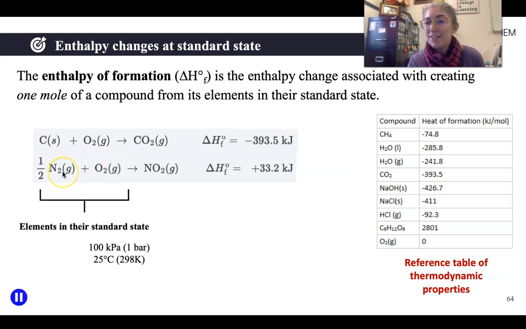So nitrogen is N2 in its natural state, oxygen is O2. So to make 1 mole of NO2, you need half a mole of N2 and 1 mole of O2, essentially. So that is this sort of definition of the enthalpy of formation. And so that's been determined for a variety of different substances, and you can look them up in reference tables